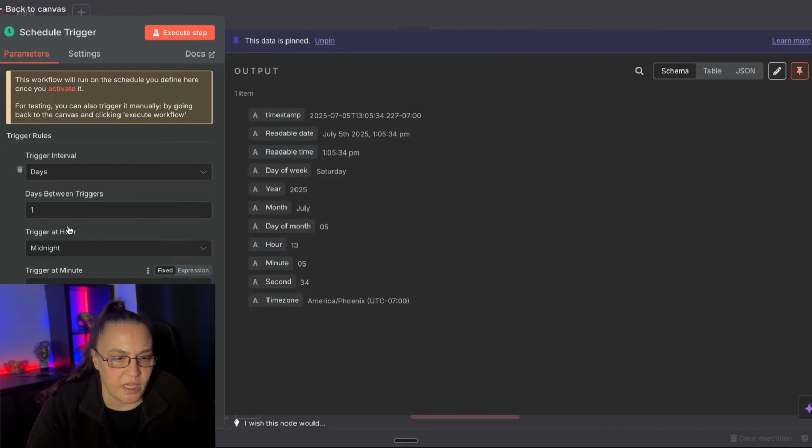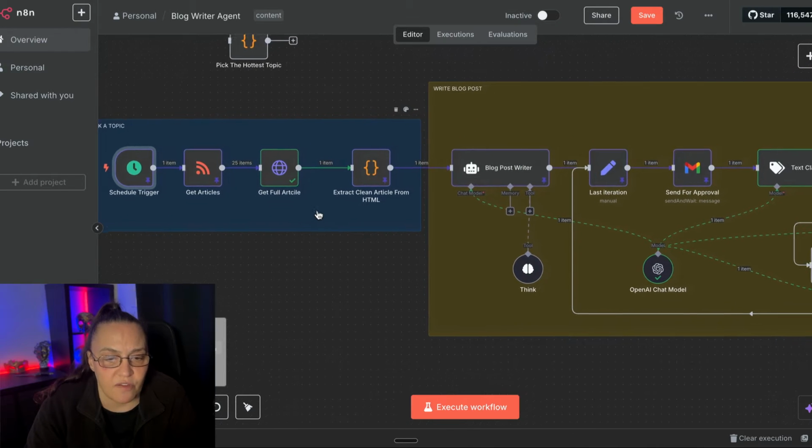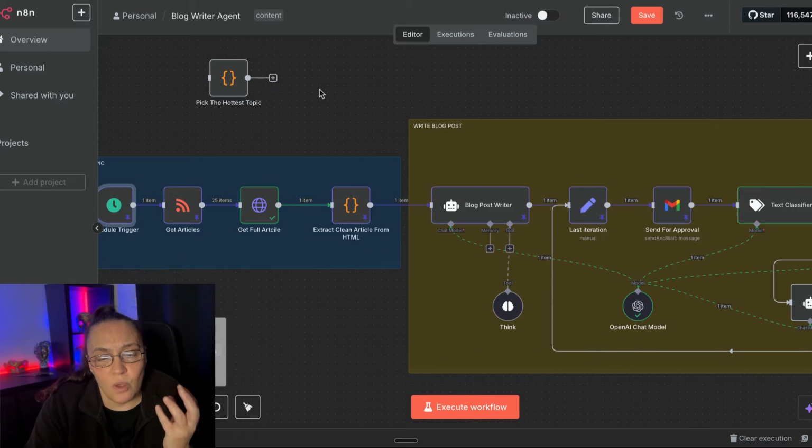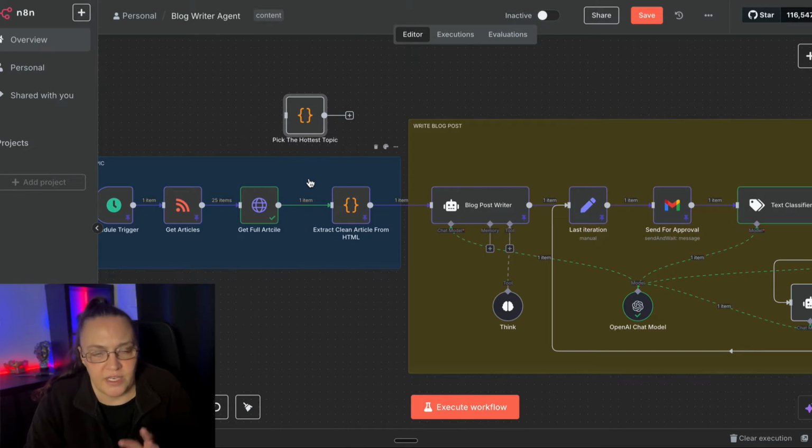So this will be running every day and we'll be aggregating these articles. I can show you, last time we ran it was 25 items. So we've just done 25 articles. But if I want to only post one article, I may want to pick the hottest topic. So in here, I've removed it now because if you're in my school community, you'll be able to get the whole workflow, the JSON file of the workflow,